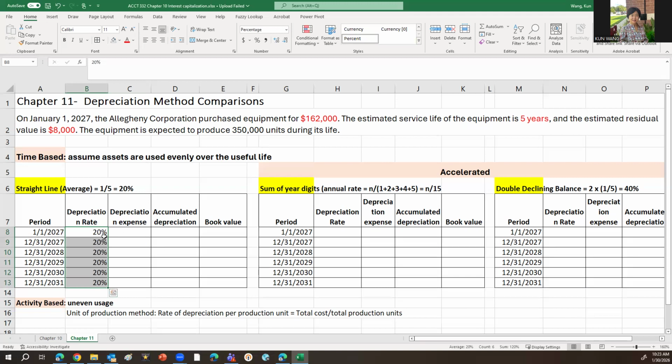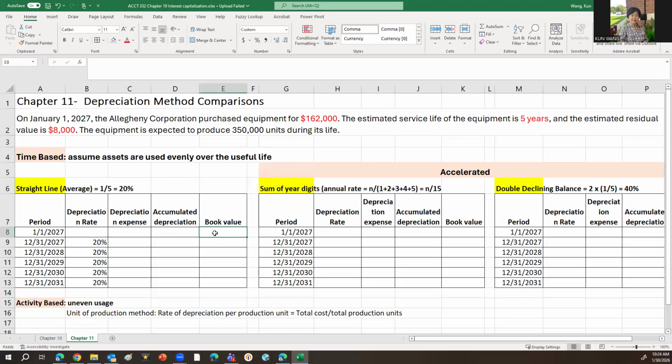And then, oh, I need to delete this. But we need to determine the original cost to be depreciated. Be careful, the depreciation cost may not necessarily equal the original cost because of the residual values considered in each situation. So for us, the original cost is 162,000, but be careful, don't use it directly in your formula for the depreciation. We need to take the residual value from the original cost. So